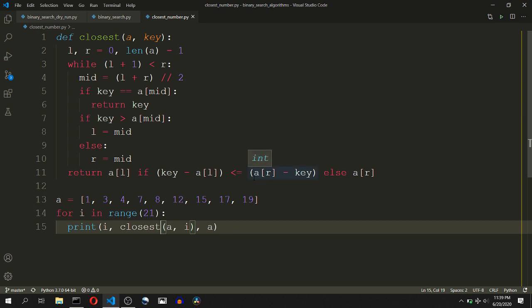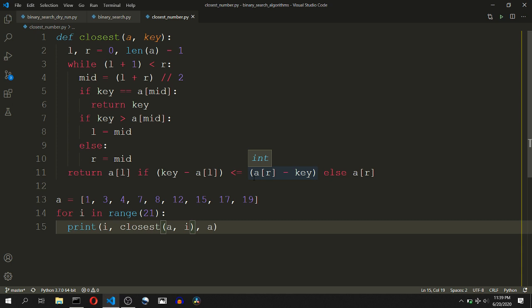In this problem, we need to find the largest element which is lesser than or equal to the input key value in a sorted array. In simple words, we need to find the floor element. Remember the thumb rule? Finding something in a sorted array. Yes, this is a variant of binary search too.